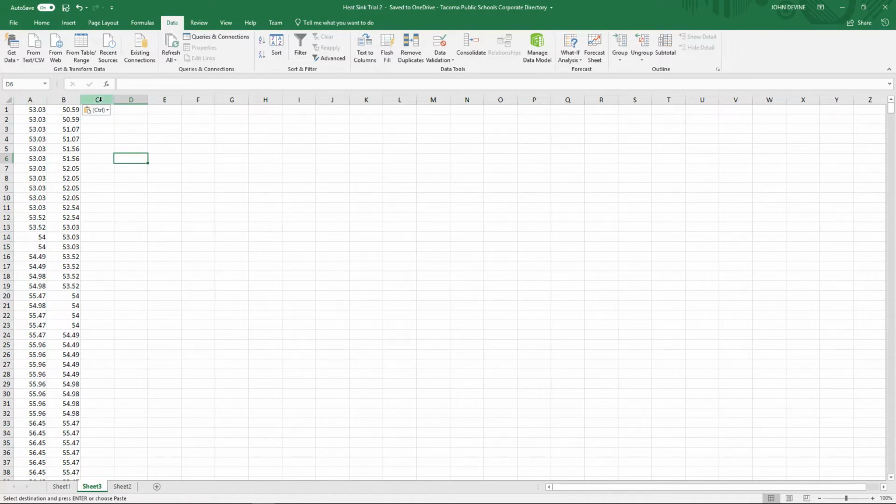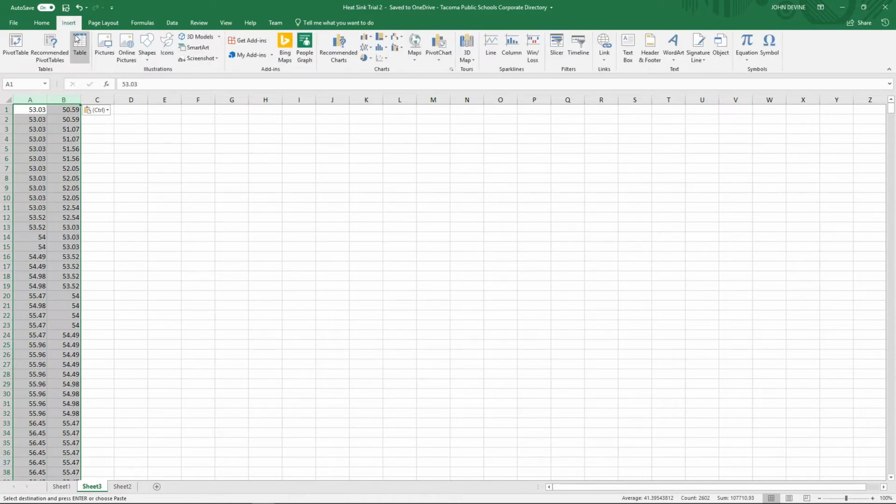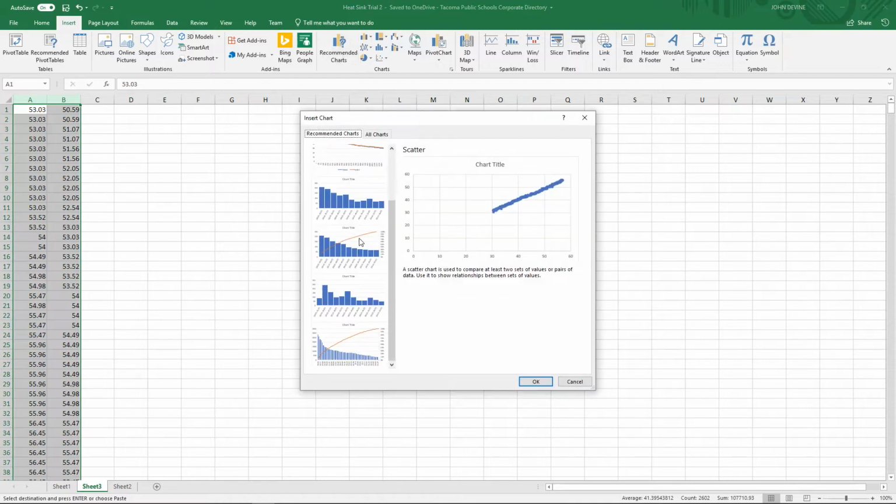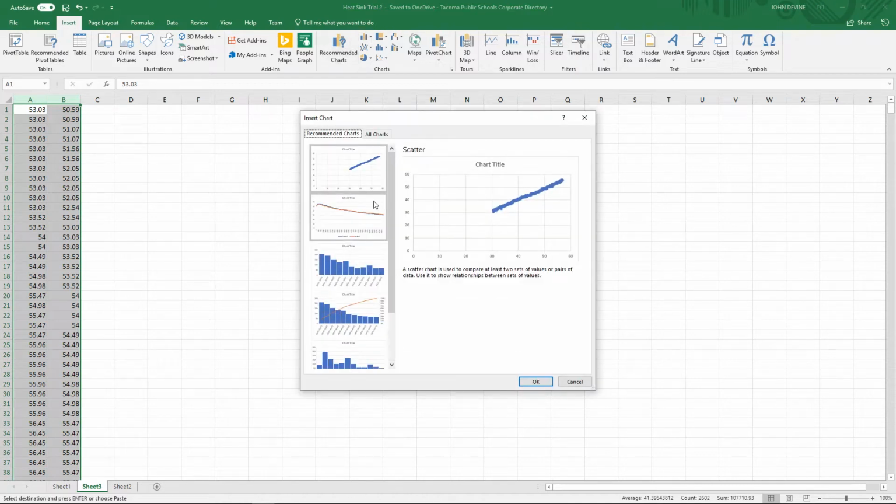Next, I'm going to make a graph of both of these so they're graphed on the same chart so we can compare the difference between them. So I'm selecting both columns here simply by clicking and dragging over the two letters, then going up to the ribbon in the Insert options and looking at recommended charts. Usually 9 times out of 10 what you're going to want to use is in here. We'll go with the line graph,